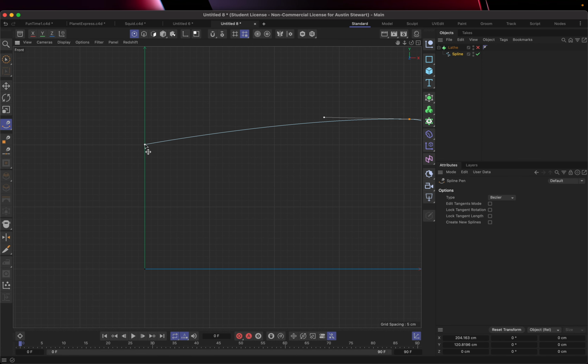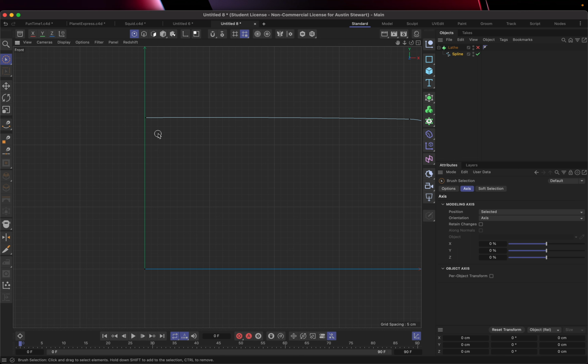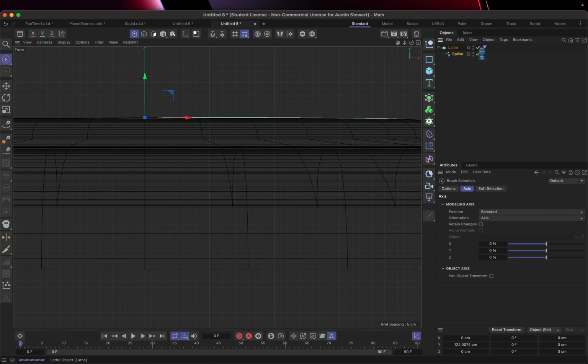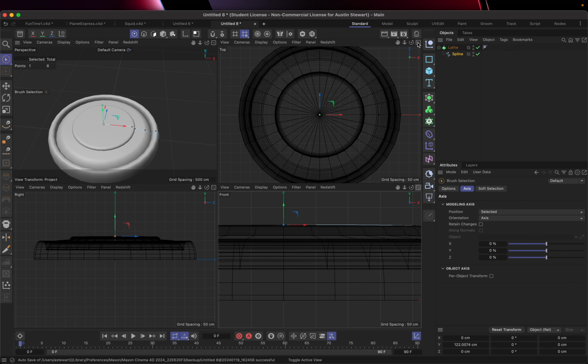And then I'm just going to go ahead and grab this point and move it up. And if I hold down Shift, it might stay. No, I'm going to have to use that coordinates manager again, most likely, in order to get this to be on 0. So I've got it close. I'm going to hit Escape. I'm going to use my live selection tool, select that point, and then change this little tiny value here to 0. And now if I turn my lathe back on and I go back to preview mode,